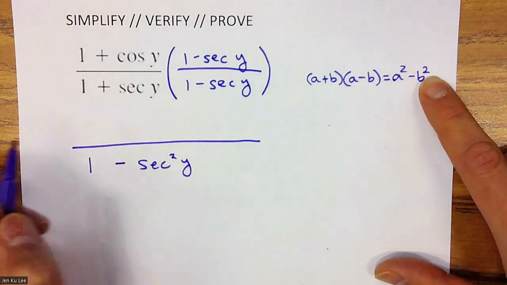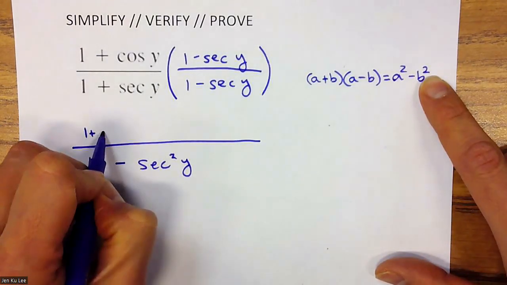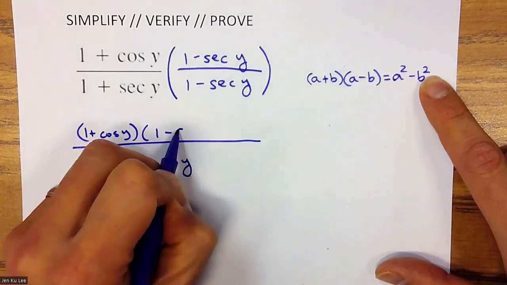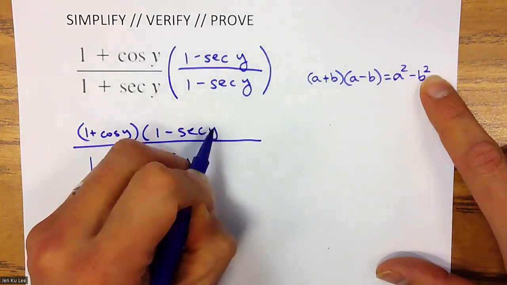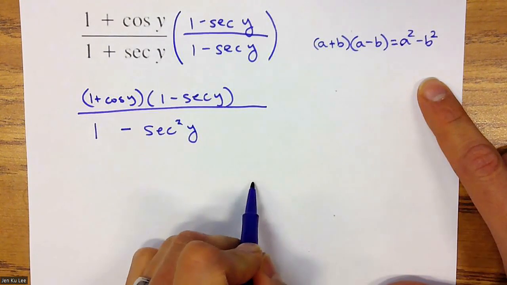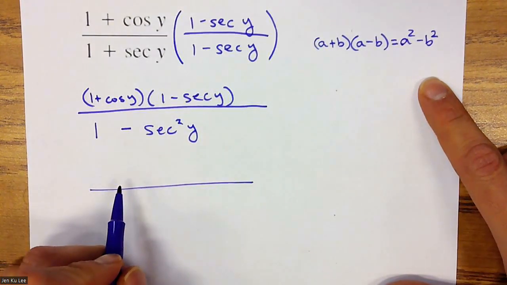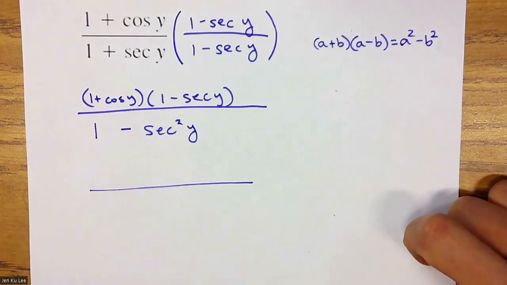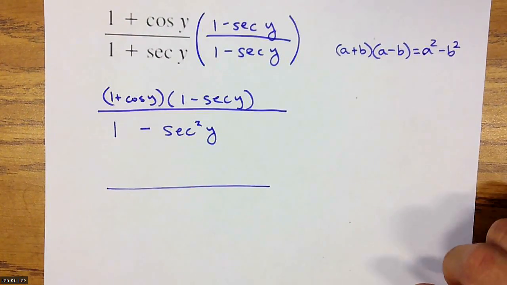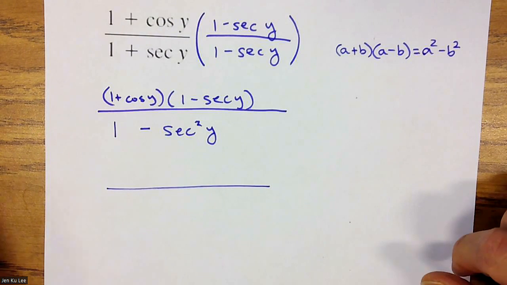On the top, we have this. I'm just going to write it out. I'm not going to do anything with it just now. In my denominator, 1 minus secant squared. What is that? 1 minus secant squared. Well,